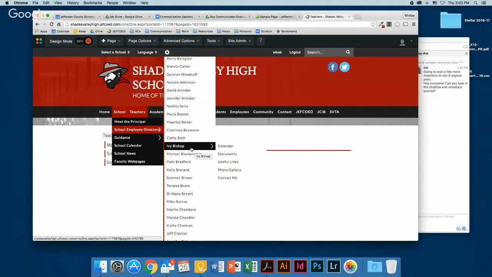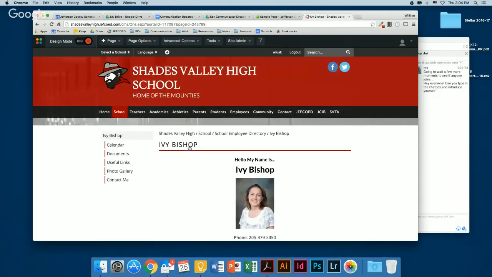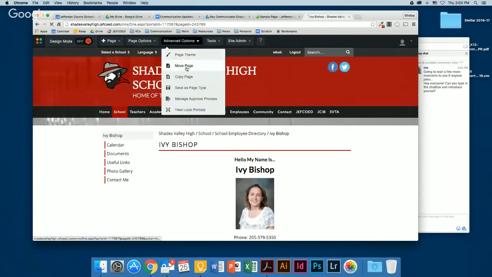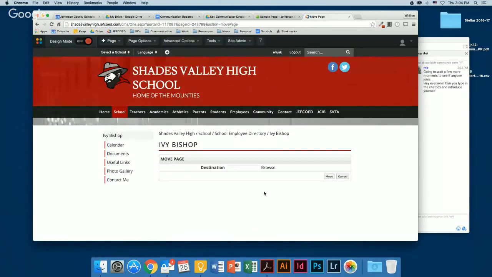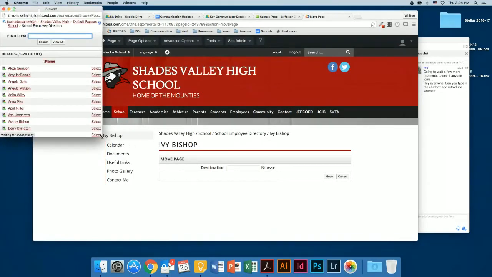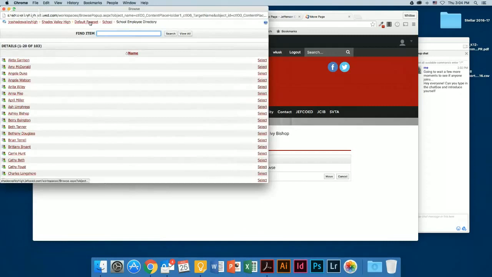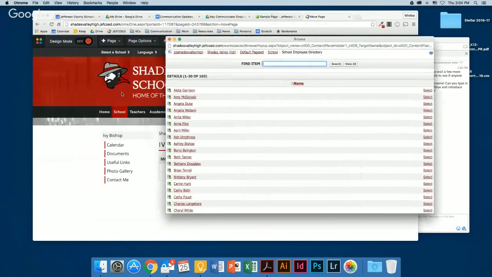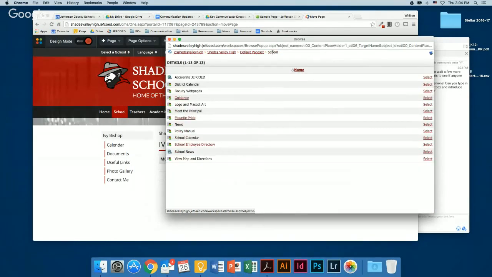So now, Carrie, you'll go back to all of these people. I'm just going to use Ivy Bishop as an example. So I'm going to click on Ivy Bishop, and go up to Advanced Options, Move Page, Browse. Then remember, this is my navigation bar. This is school. So if I click school, I'm not there yet because it's not underneath school.